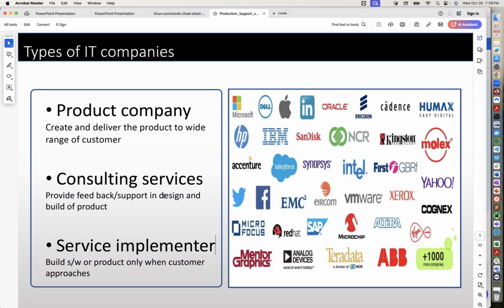Any questions there on consulting and product companies? And then lastly, service implementer, right? A service implementer builds software. SW stands for software here. They build software or a product only when a customer approaches them. A service implementer is people that implement services. So for example, if you want to build a mobile app today, you approach me and say, hey, we want to build a mobile app, and we'll take the design and all the ideas that you have done